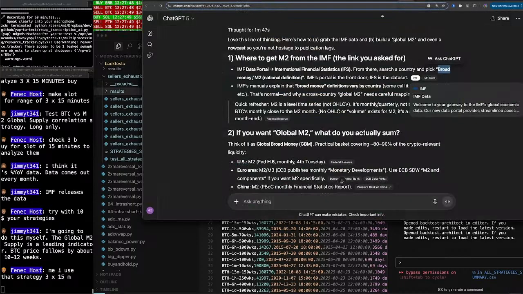So what data did she say? Broad money. Okay. IMF's manuals explain the broad money definitions vary by country. Some call it M2, others call it M3. That's normal. And why cross-country M2 needs careful mapping. M2 is a level time series, not open, high, low, close volume. So maybe I'll just type in